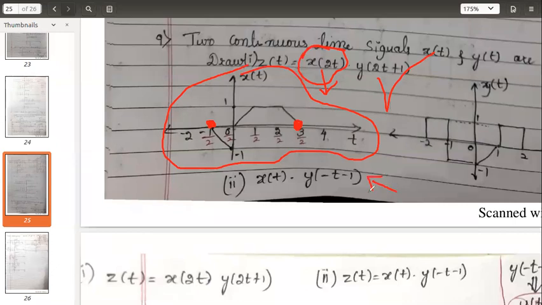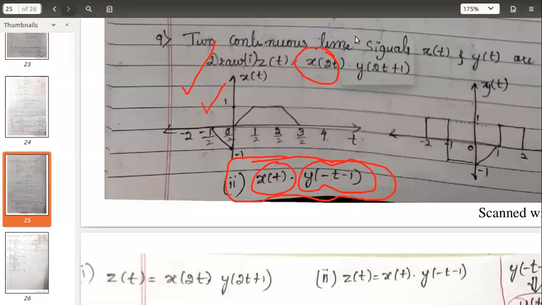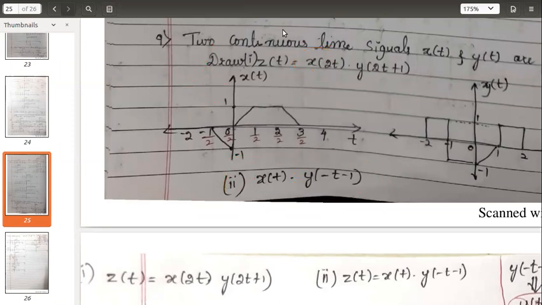Anyhow, I'll be continuing this, the multiplication part and the second question, in the next session. So what is the homework for today's class? X of 2t, this you have to do, and if time permits, if you feel it interesting, try this second one. In this second question, you don't have to do anything to x of t, take the original signal. Just the second signal you have to modify. Try these two as the homework, as the assignment for today's session.